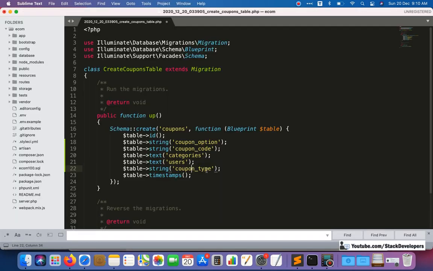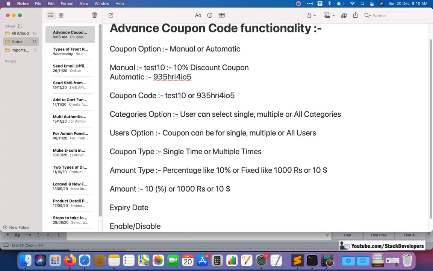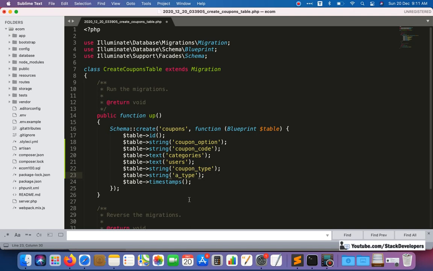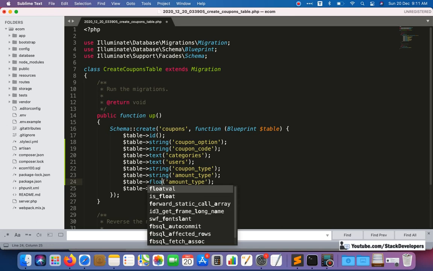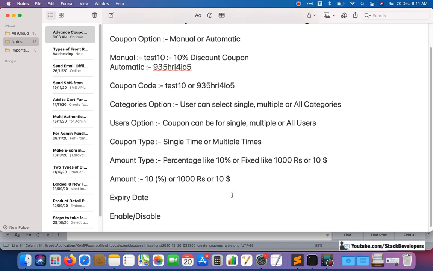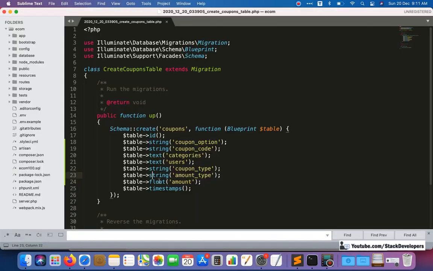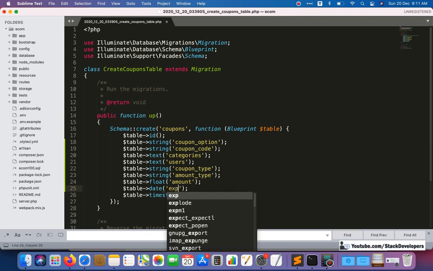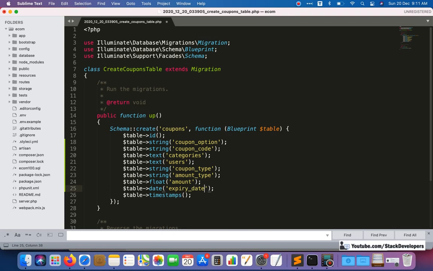Okay, so after coupon type there will be amount type. This one is the amount type, and after amount type there will be amount, and for amount we can specify a float, meaning it can come in decimal values as well. Float amount. Okay, so after amount there will be expiry date and status. Now we will add a date for expiry date, and after that we will add a tiny integer for status.